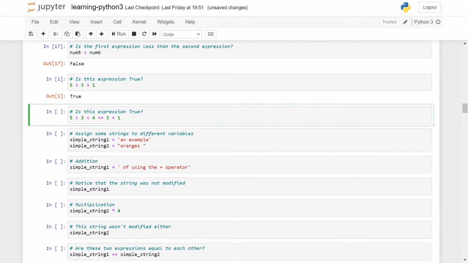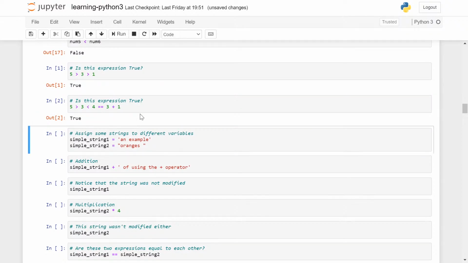Next, 3 plus 1 is 4 on the right-hand side. Equal to comparison operator, 4. Yes, it is equal to 4. Let's see. True. So you can actually check for two terms, but here you can see that equal to has two terms on left and right. So it will compare those two terms only. This whole expression does not matter anywhere.